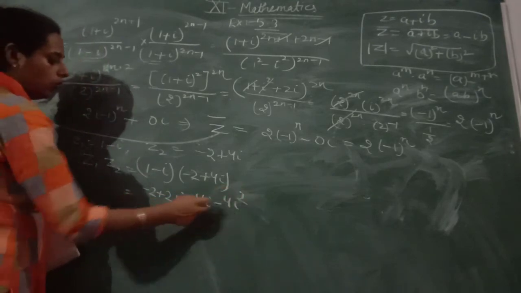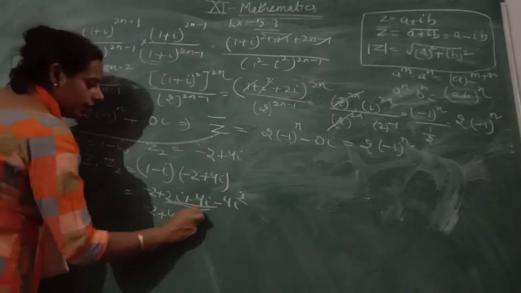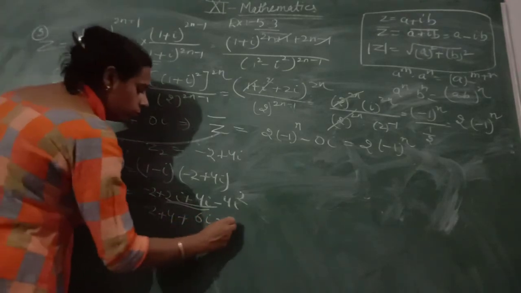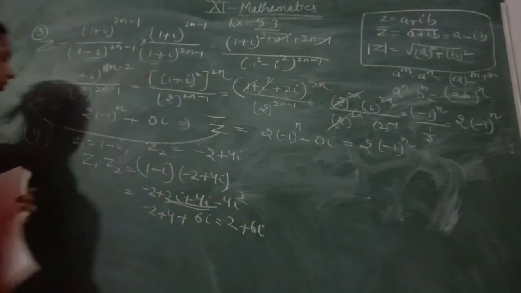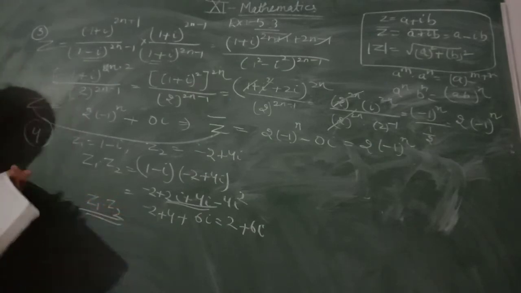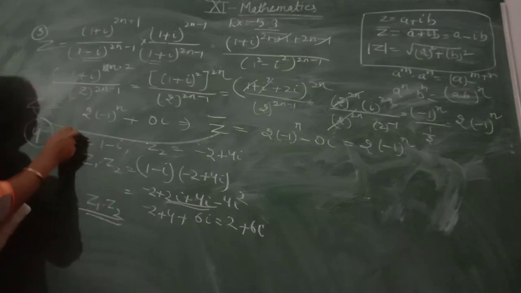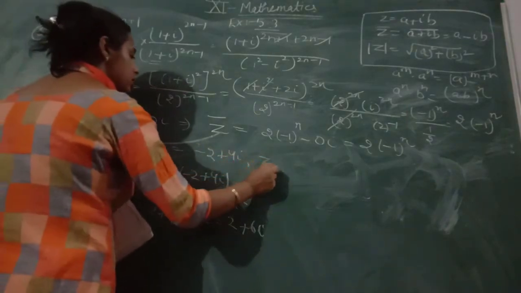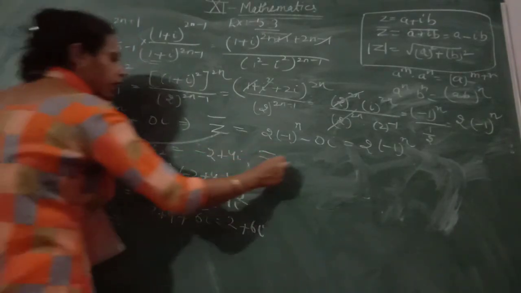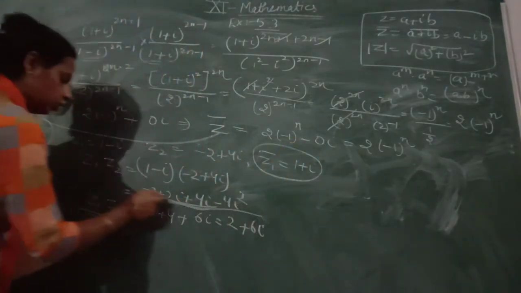After putting the value of i^2, you will have +4, and the two like terms are added, and we get 6i. 4 - 2, that is 2 + 6i. This is Z1 into Z2. And you also need the Z1 conjugate. As you know, Z1 is 1 - i, so in the place of 1 - i you will have 1 + i. These are the values which we use in the other question.